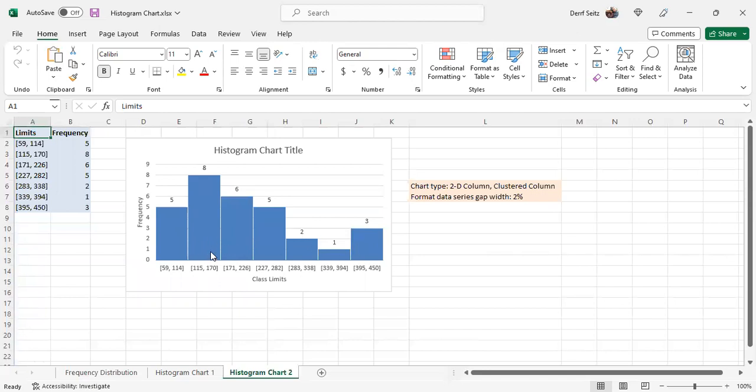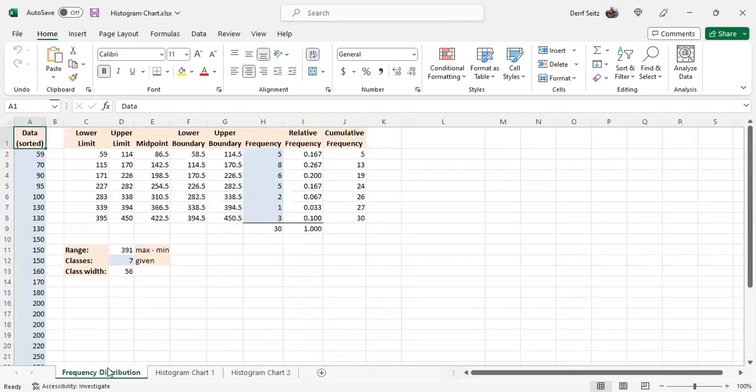There's no gaps between them except a little tiny bit to show a boundary there. And on the vertical scale is, in this case, the frequency. And so it allows you to see the distribution shape of the data visually. Going back over here,